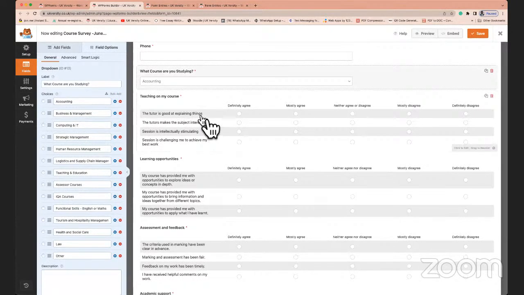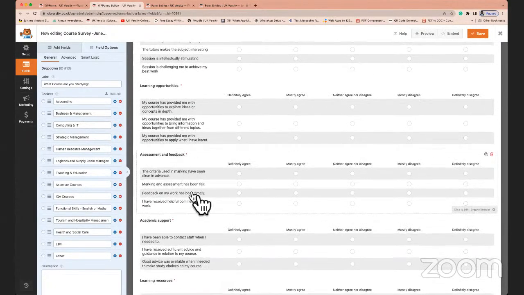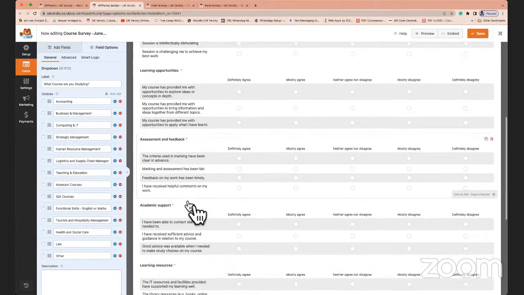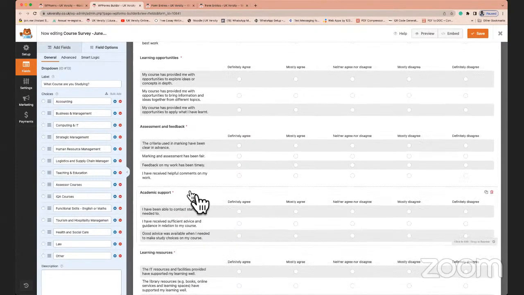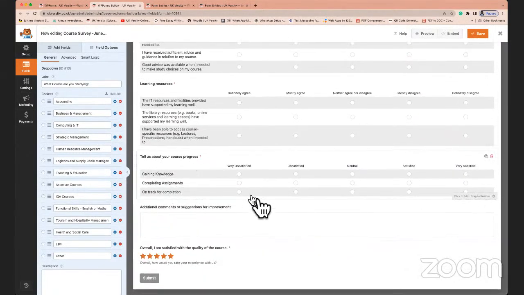Then we have created questions which are based on a Likert scale. So here, teaching on the course, learning opportunities, assessment and feedback, these are categories or sets that we have created. And within them, there are a couple of questions: academic support, learning resources, and how is your progress on the course? And then we've left a column here for meaningful capture of data, wherein learners have a space here to